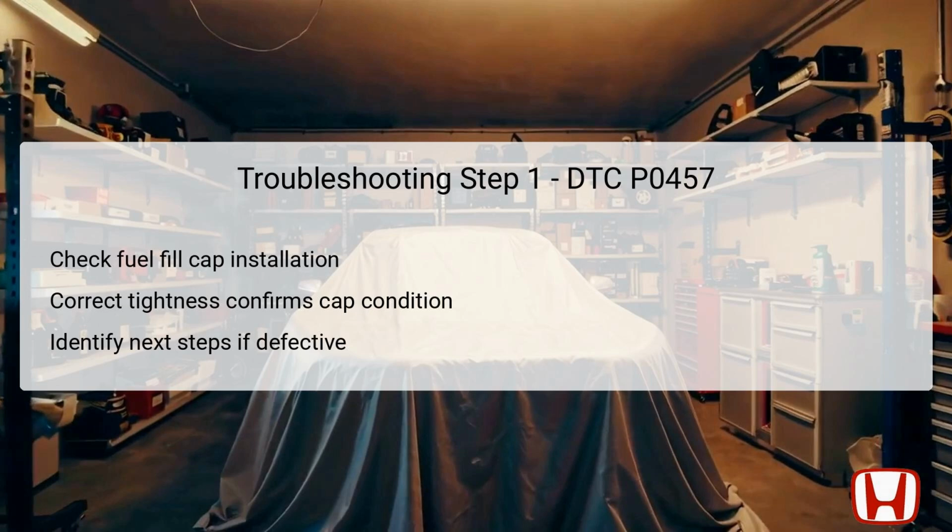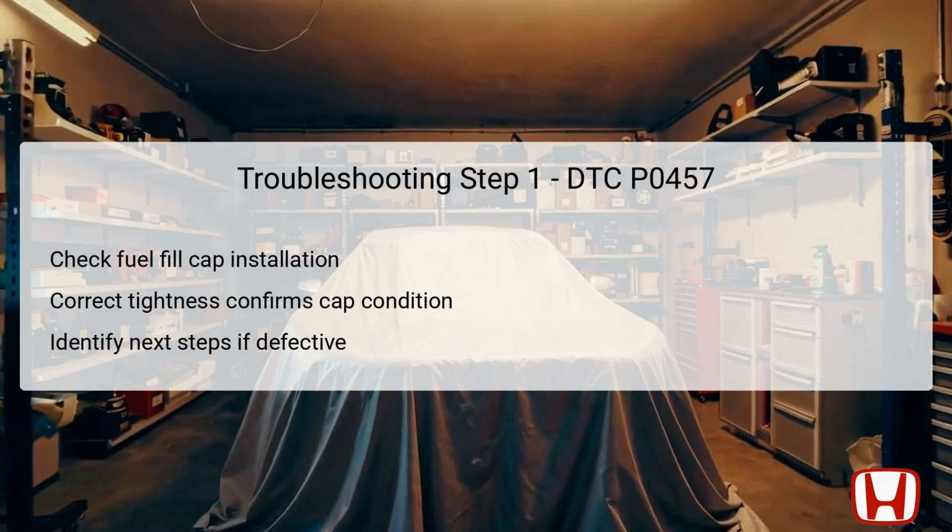If the cap is found to be loose or not installed correctly, it must be either tightened or replaced. Once this step is completed, the technician can proceed to the next troubleshooting step if the tightness is confirmed and satisfactory. A clear understanding of this process helps ensure that technicians address the issues systematically,